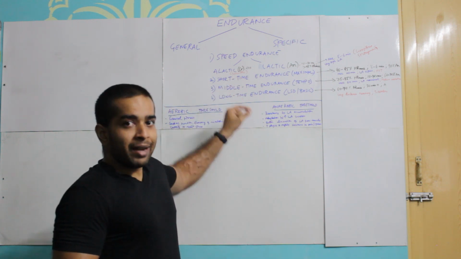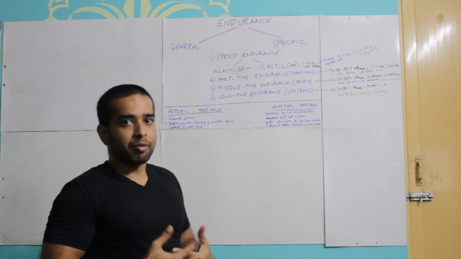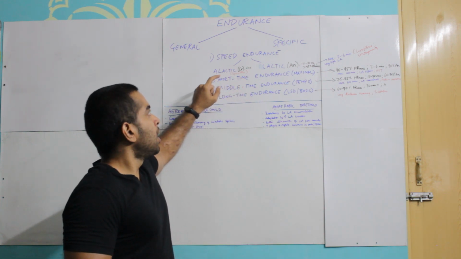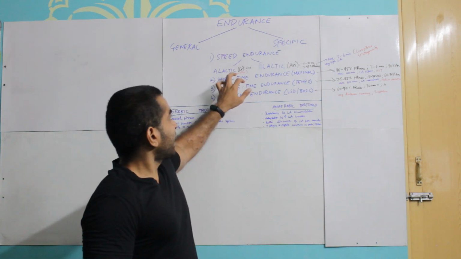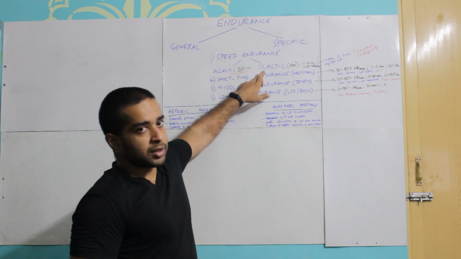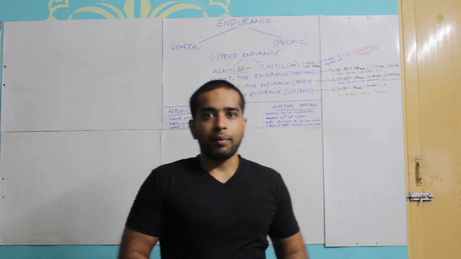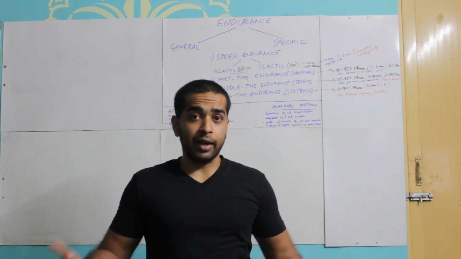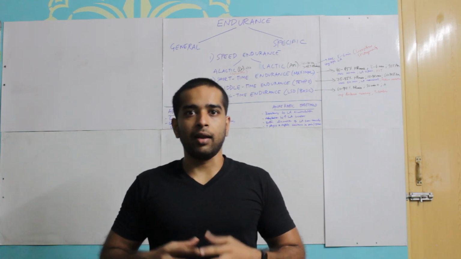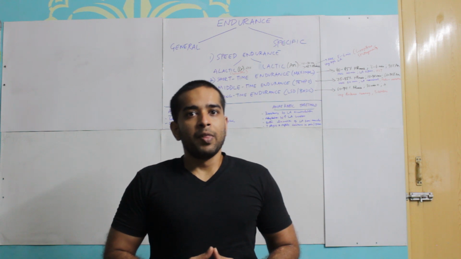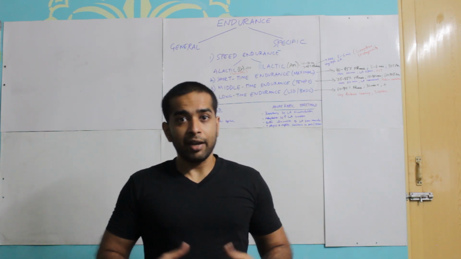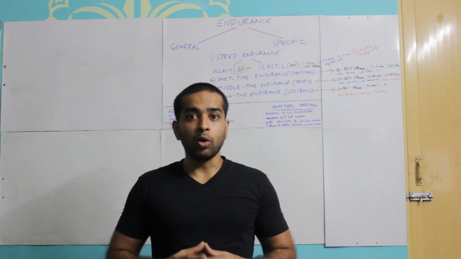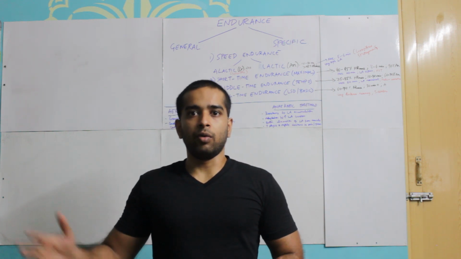The main energy system that provides energy to this type of workload is the phosphagen or creatine phosphate system, and you can think of sprinters here. The second part of speed endurance is lactic speed endurance. In lactic speed endurance, you're performing an activity at extremely high intensities, greater than 95% of your VO2 max and heart rate maximum, where the lactate accumulation is significantly higher and which inversely affects the motor capabilities of your muscles over a period of time.